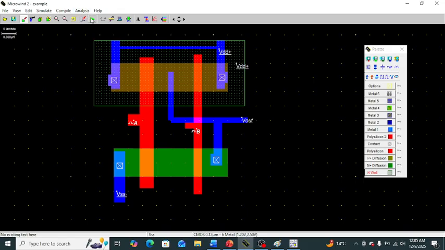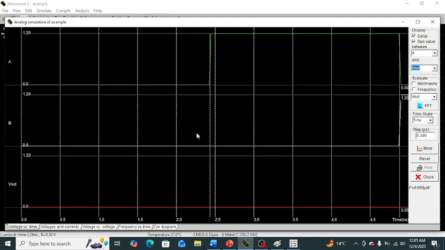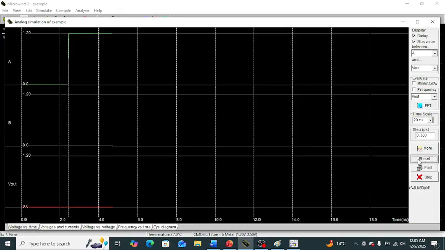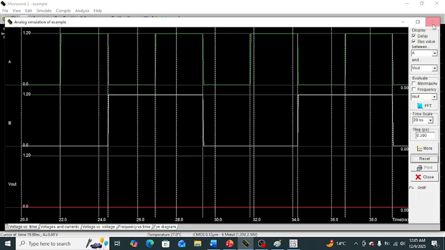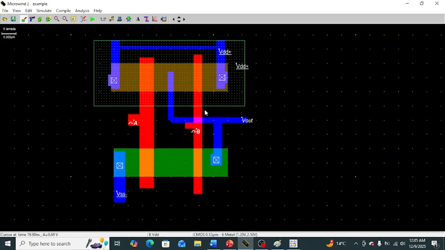And now just apply the simulation. This is the run simulation, and see whenever input A and B is 0 0. Just a minute.